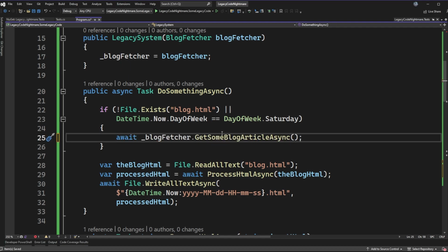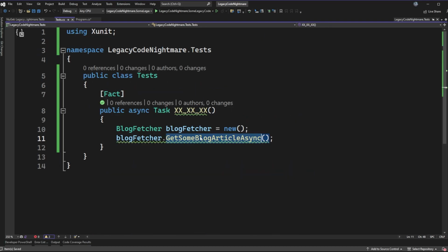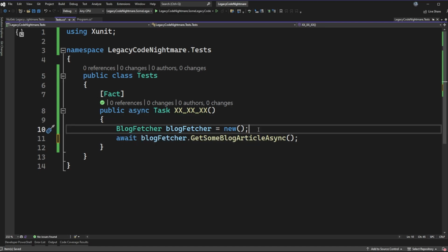If you recall from earlier, I did say that this might be an acceptable change because this method was already an async task, and if we're already right here, we might be able to just await that and get some goodness out of doing that. If we go look at our test and we await this line, we'll want to do the same thing on our test, and if we think about what we have written here now, we're actually in a test method that can go call this method, and that's great, but now we want to think about how we're going to assert